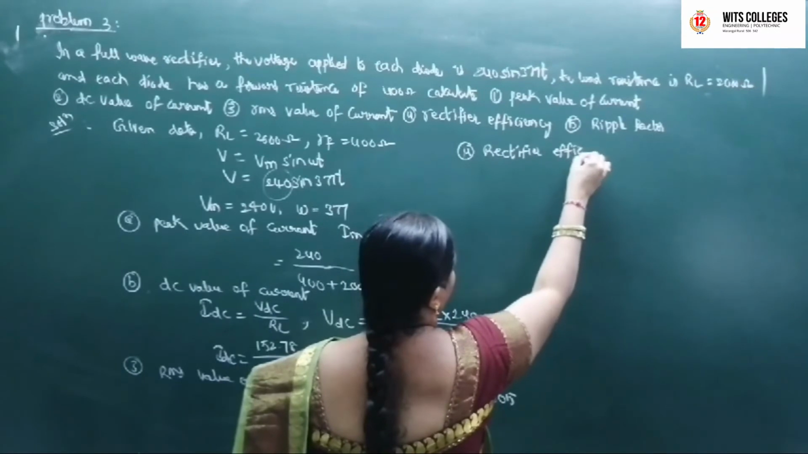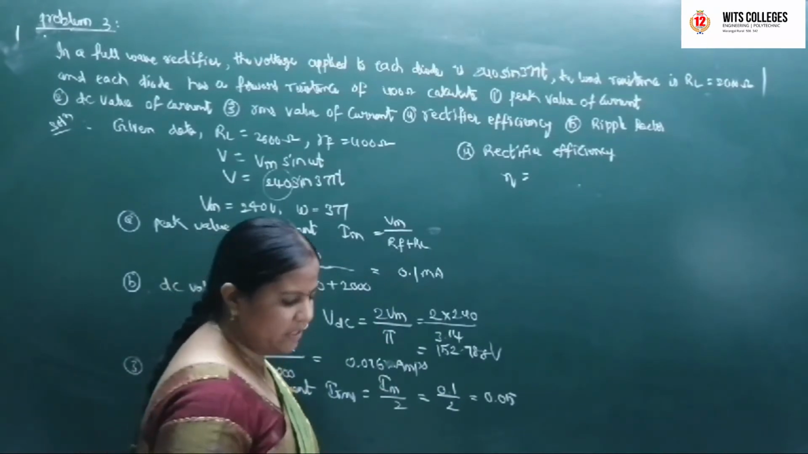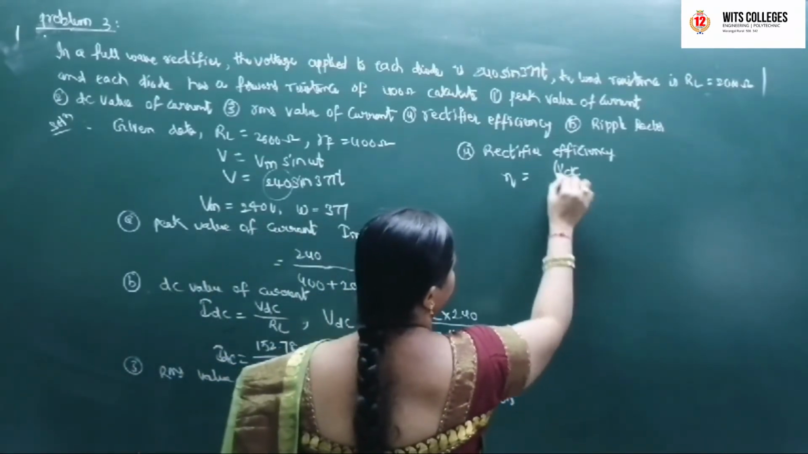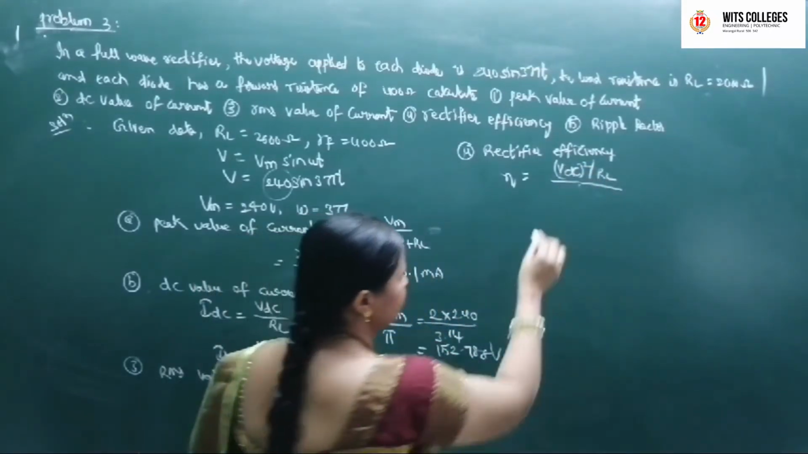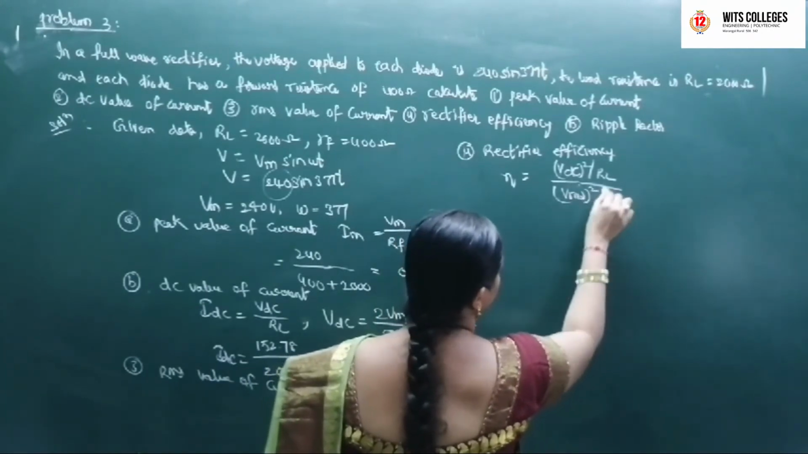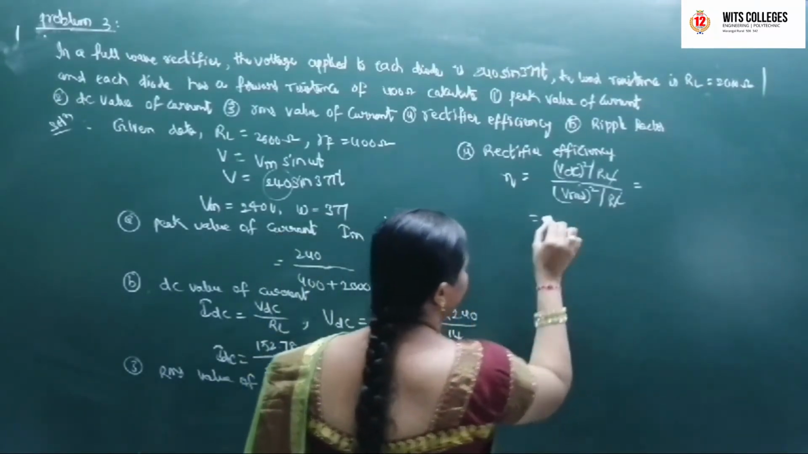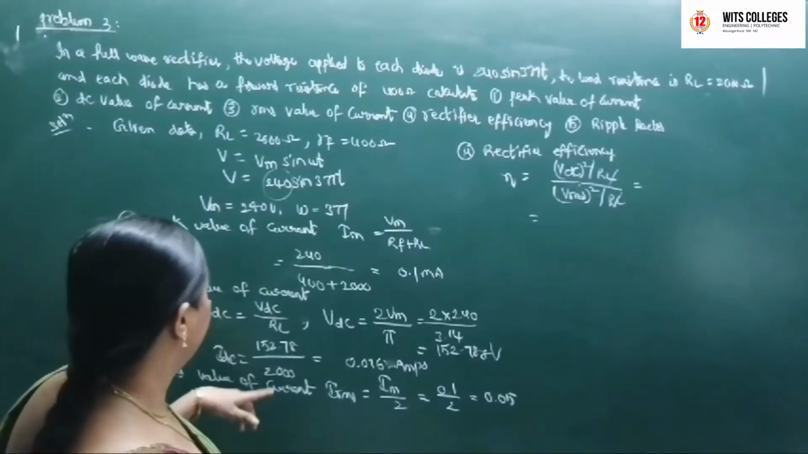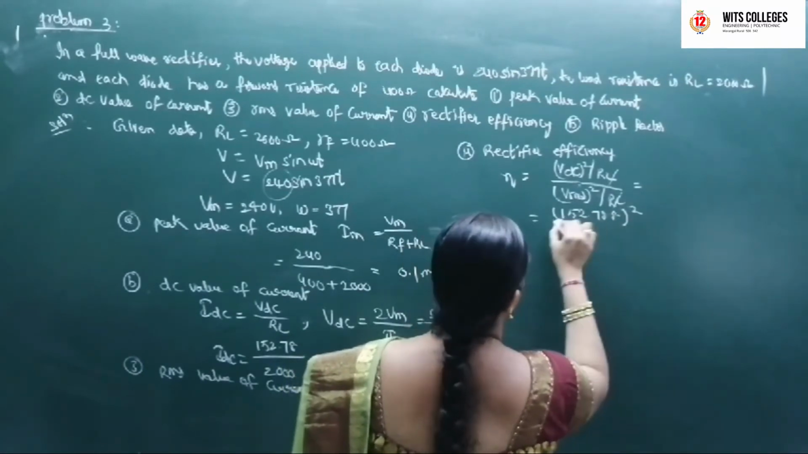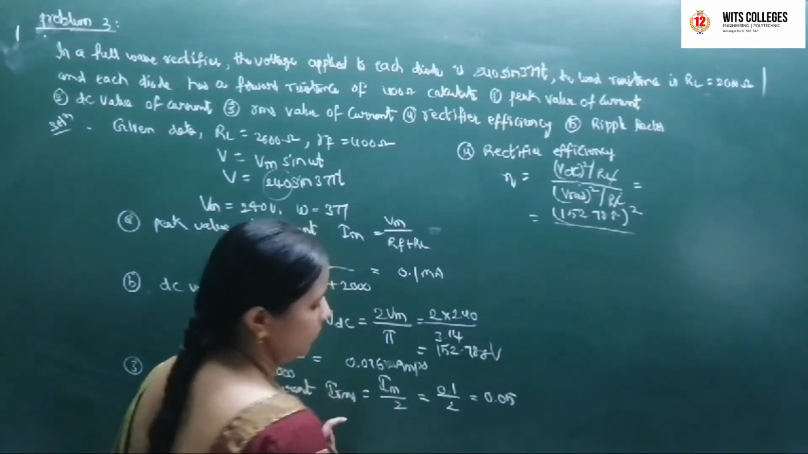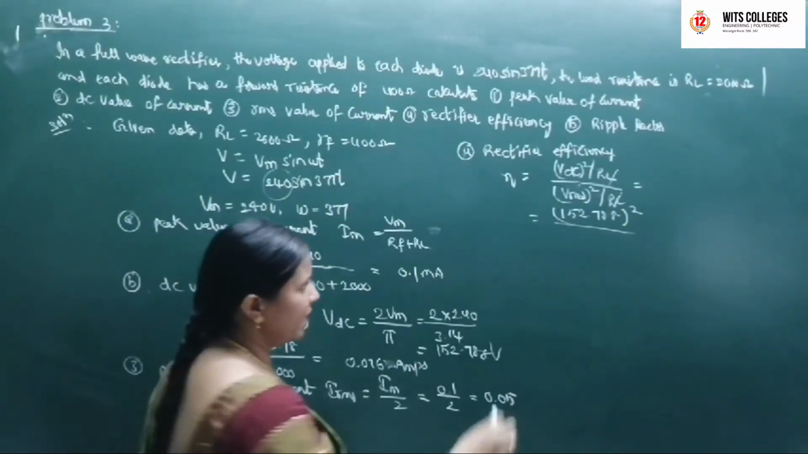Next we have to calculate the rectifier efficiency. Eta equal to VDC whole square by RL by VRMS whole square by RL. So it is equal to, RL gets cancelled. So the value of VDC, 152.78 whole square, by VRMS value is